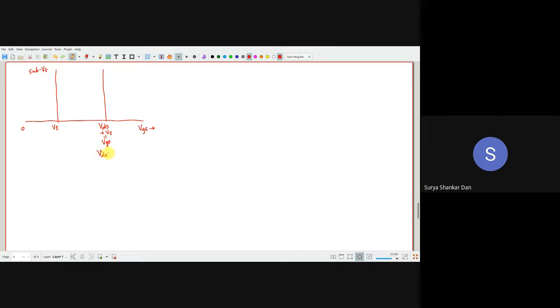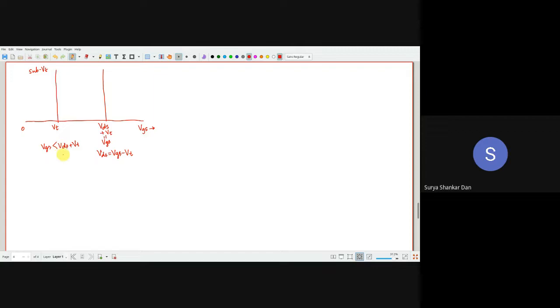So that means what do we understand? That this is basically VDS equal to VGS minus VT, right? So this is basically your linear saturation boundary. So between VT and VDS plus VT, what is the situation here? That means VGS in this case is greater than VT, is less than VDS plus VT. So VGS greater than VT means of course the transistor is working. It can be linear, it can be saturation. So I'll just remove this because here it is switched on basically.